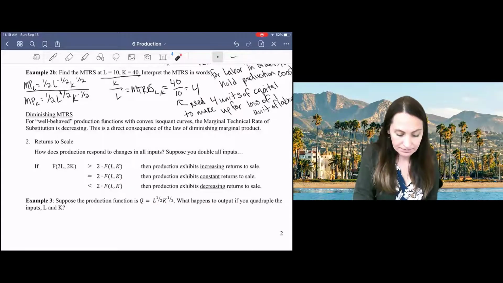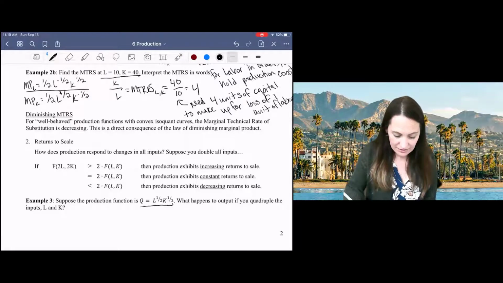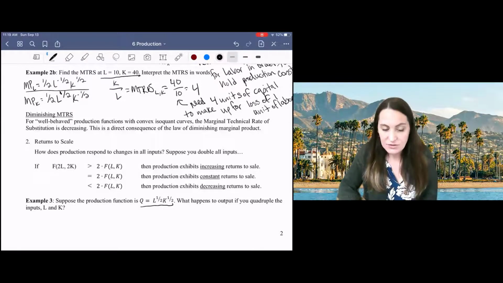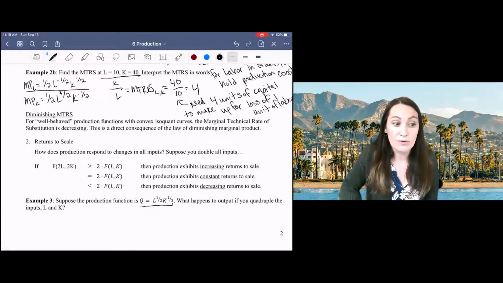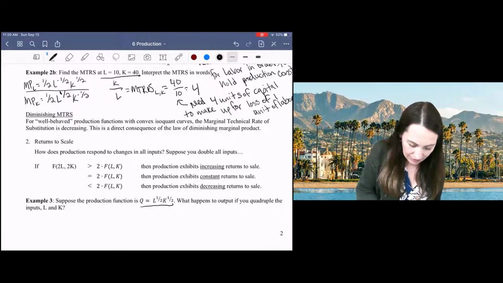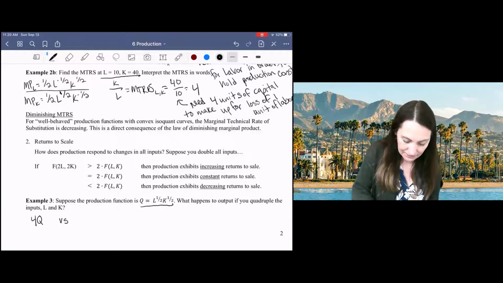Let's do an example. Here we have a production function, again, a Cobb-Douglas production function, and we want to find out what will happen to output if we quadruple our inputs, labor and capital. So I want to know how much output will I get if I quadruple input. So I'm going to compare my output to 4 times my original level of output. So now if I plug 4 times my labor and 4 times my capital into my production function,